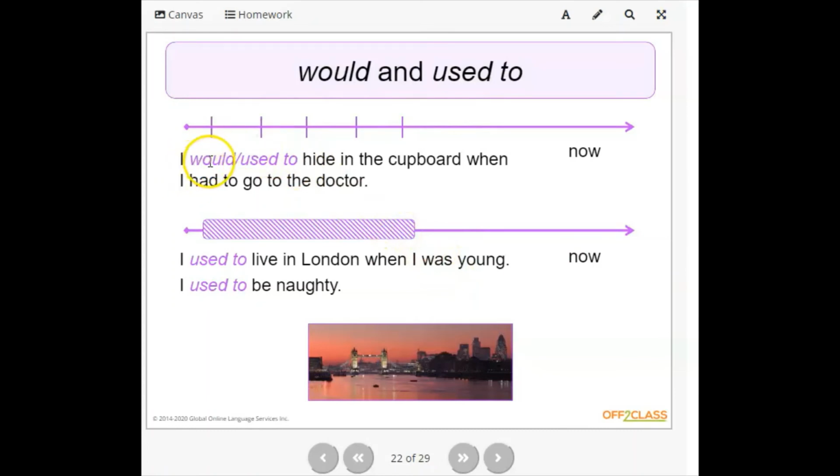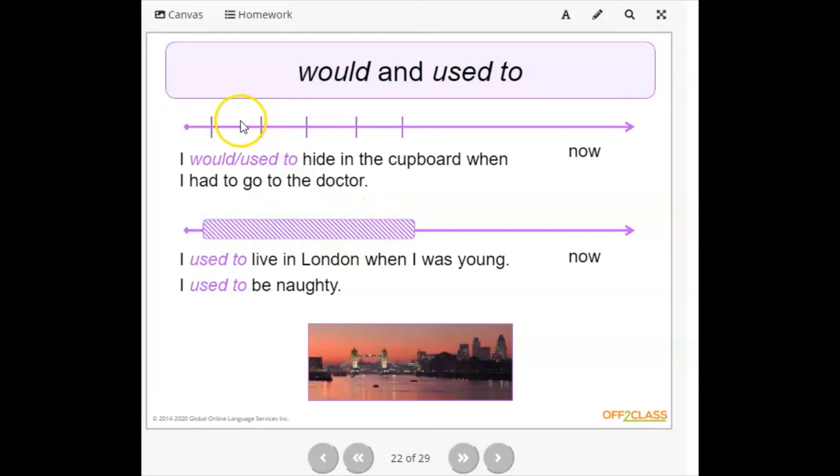Action, right? I would or I used to hide in the cupboard. So hiding is an action, right? When I had to go to the doctor. Okay, again, states. So we've seen these two verbs, right? Live and be. And you can see in the diagram,